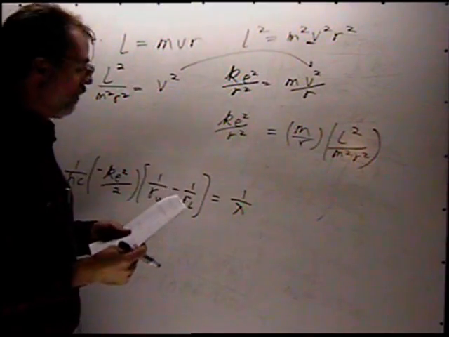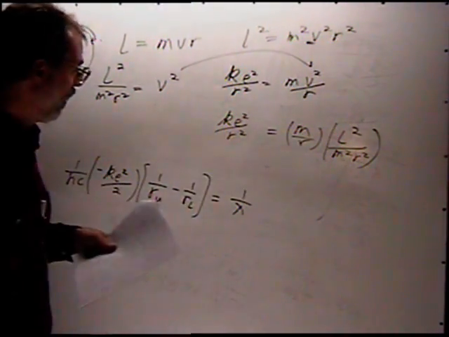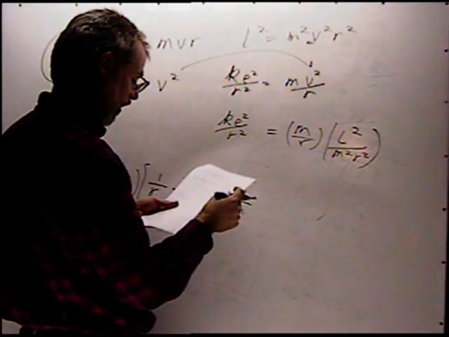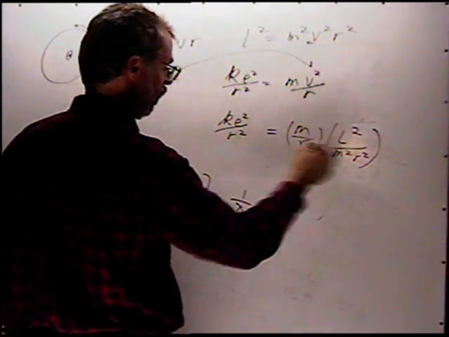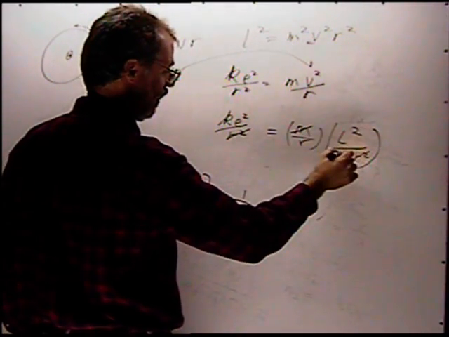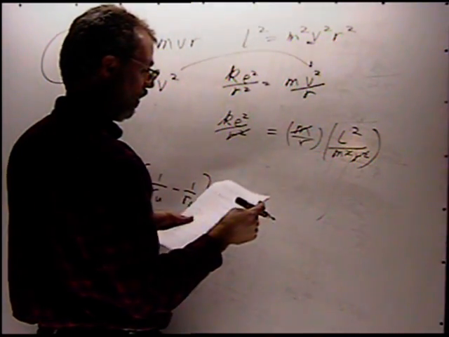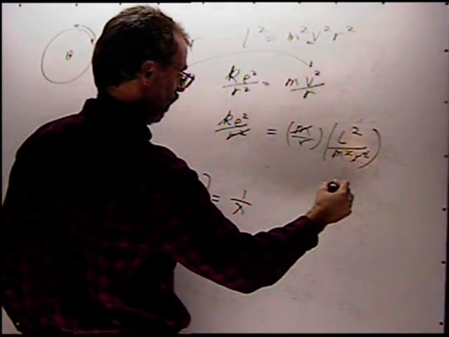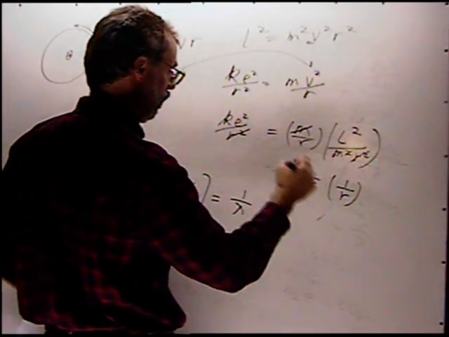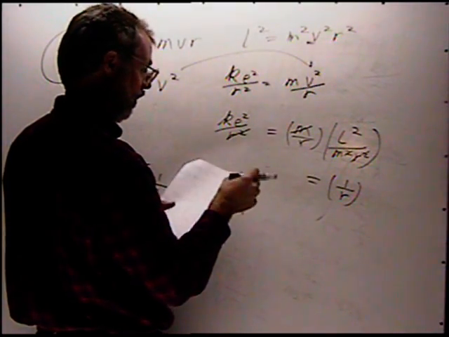Okay, so let's figure this out. Let's cancel some terms here. The r squared here cancels out, one of these m's cancels out, and we're left with, let's solve for 1 over r is equal to